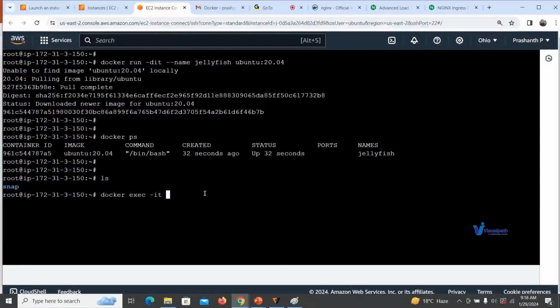How are we going? By the execute command. The first four letters of the command are exec. Which container you want to go inside? You can use the name or the ID. Anything is fine. Let me use the ID. Copy,